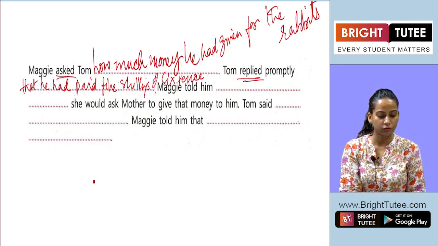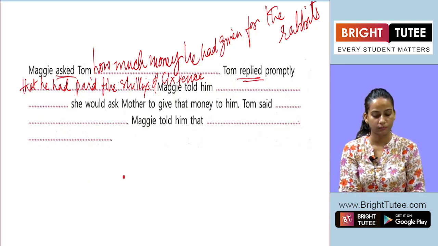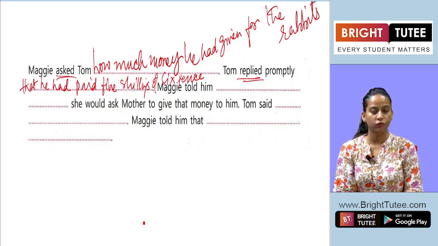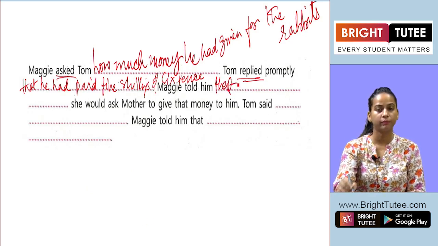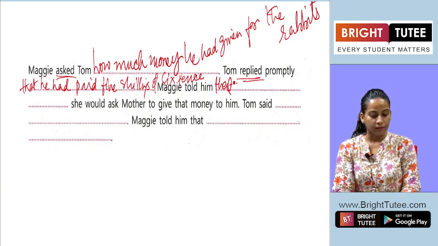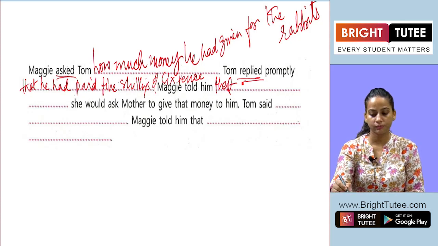Then the conversation was that I think I have got more than that in my box upstairs. I will ask mother to give it to you. So how are we going to change it? That Maggie told him that. What she told? That she thought she had got